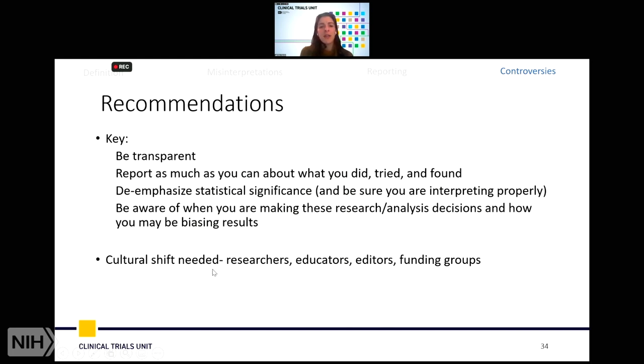And again, including this publication issue, there needs to be a larger cultural shift. It's a strong phrase to use, but there are so many moving parts to publication and to research. All those people need to be on the same page when we are talking about revamping the use of p-values in whatever way people think is best, and making space in journals for null findings, making space in journals for supplemental tables and methods where we can talk about what we did that didn't work,